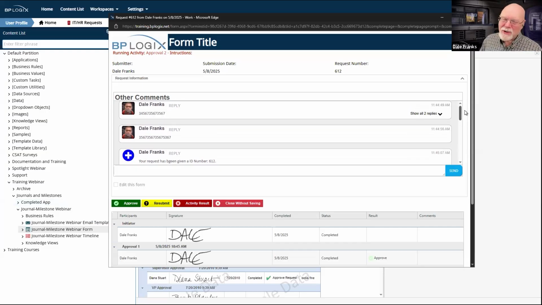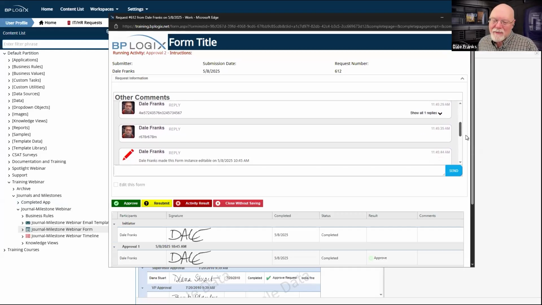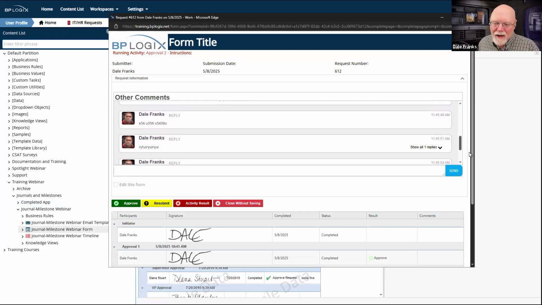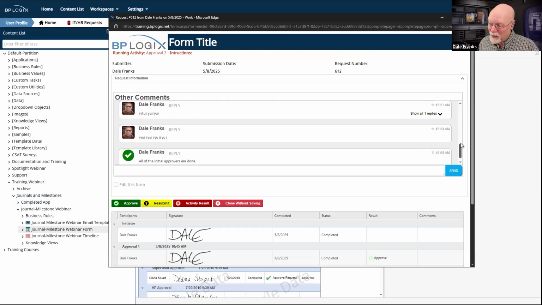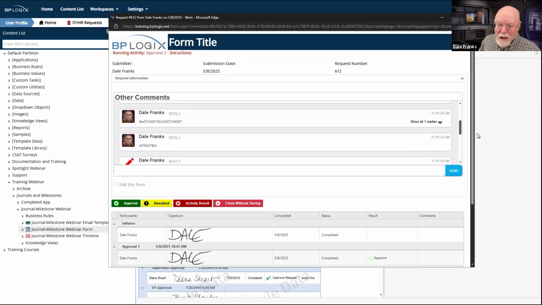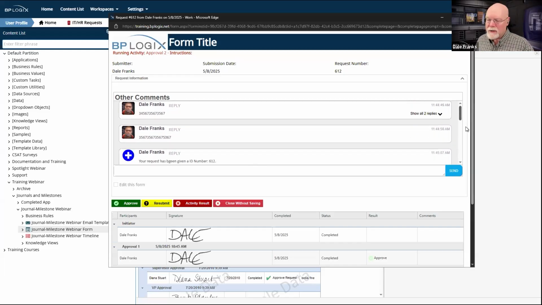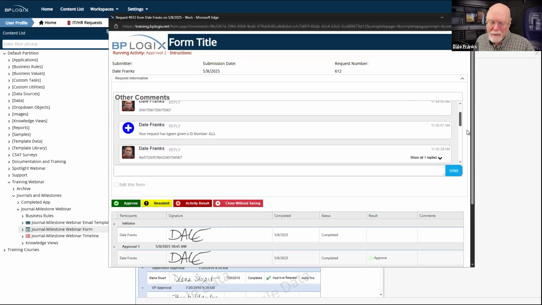This is why I made 2 separate journal controls from the get-go. Depending on how much activity is going on and how many replies you have, this can get a little confusing and kind of hard to scroll through, especially with this vertical height. You're probably going to want to make this a lot taller so that you have to scroll less and you can see more at any given time. But you don't have to do 2 separate controls. You can put everything into a single journal control, both user comments and milestones, and save yourself maybe some space.